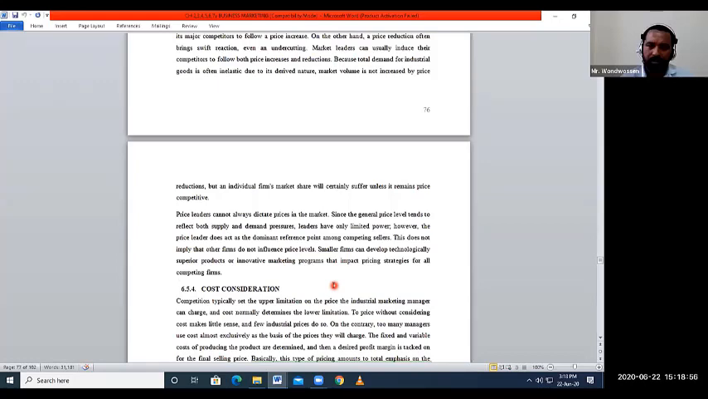This cost could be overhead costs, fixed cost, or variable cost. So this fixed cost and variable cost is the basis for setting the final selling price. If you remember in